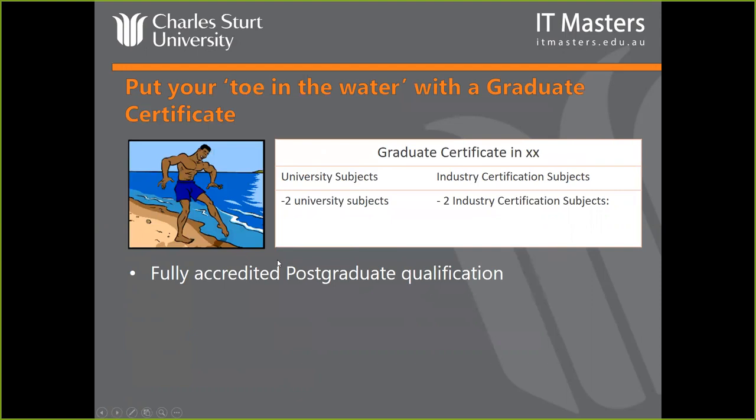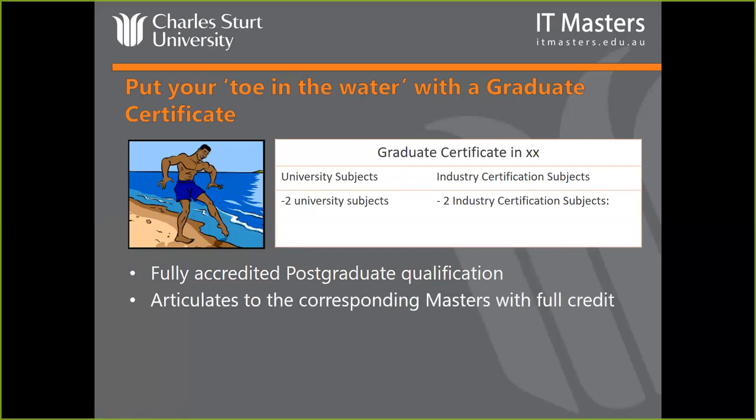And you're going to say at the end of this, well, what's the downside to this? Well, there isn't any. It's a fully accredited postgraduate qualification. So you'd end up with a graduate certificate in project management, say, and then a master's or a Master of Management IT, whatever you did. It articulates to the corresponding master's with full credit, so there's no extra work, and you'd finish it in only 12 months. In fact, there's a financial advantage to doing it this way. Alumni get a discount on their fees, and because you've got your graduate certificate, you actually get a discount. So it's probably the way to do it anyway: do the graduate certificate pathway.